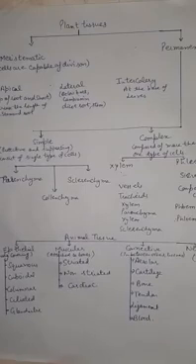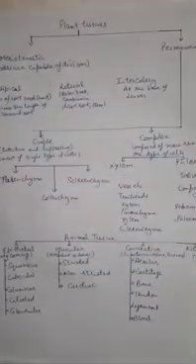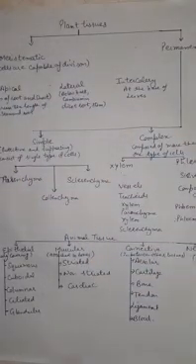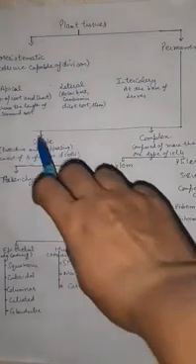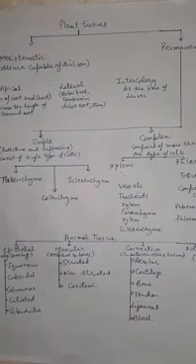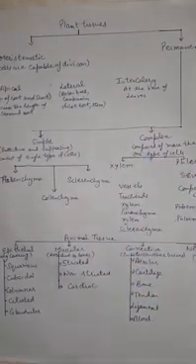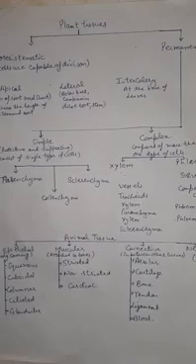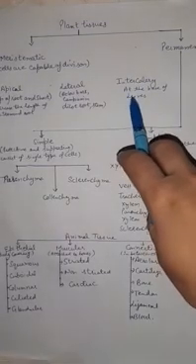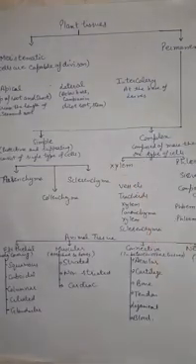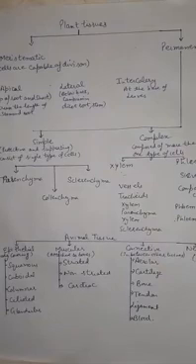Apical meristematic tissue is present at the tip of the root and shoot, means at the growing regions of the plant, which increase the length of the stem and root. Lateral meristematic tissue is present below the bark, cambium, dicot root and stem. Intercalary meristem is present at the base of the leaves.